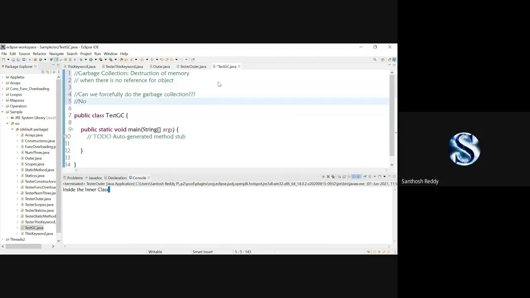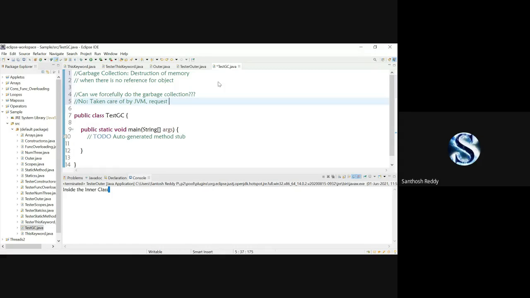The answer is no. Why is the answer no? Because the complete garbage collection is taken care of by the JVM. The JVM is going to take care of destruction of memory. But one thing we can do is request the JVM to clean up the memory.